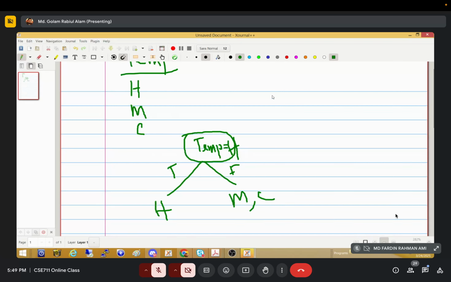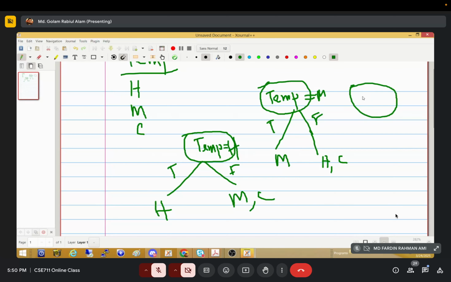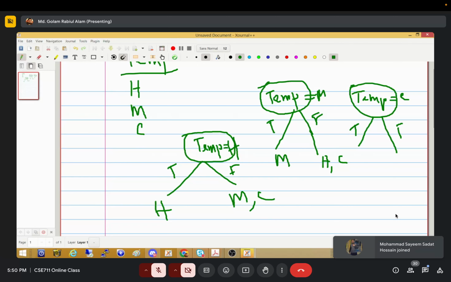ঠিক আছে? এটা একটা। আবার আরেকটা স্প্লিটার আমাকে চিন্তা করতে হবে, সেটা হচ্ছে টেম্পারেচার যদি মাইল্ড হয়, তাহলে এখানেও ট্রু আর ফলস আসবে দুটো। ট্রুতে আসবে মাইল্ড আর ফলসে আসবে বাকি দুটা, হট এবং কুল। এবার আরেকটা কনসিডার করলে টেম্পারেচার কুল। তাহলে ট্রু অ্যান্ড ফলস হয়। কুলের ক্ষেত্রে ট্রু সাইডে কুল আসবে, আর ফলসের ক্ষেত্রে হট আর মাইল্ড আসবে।